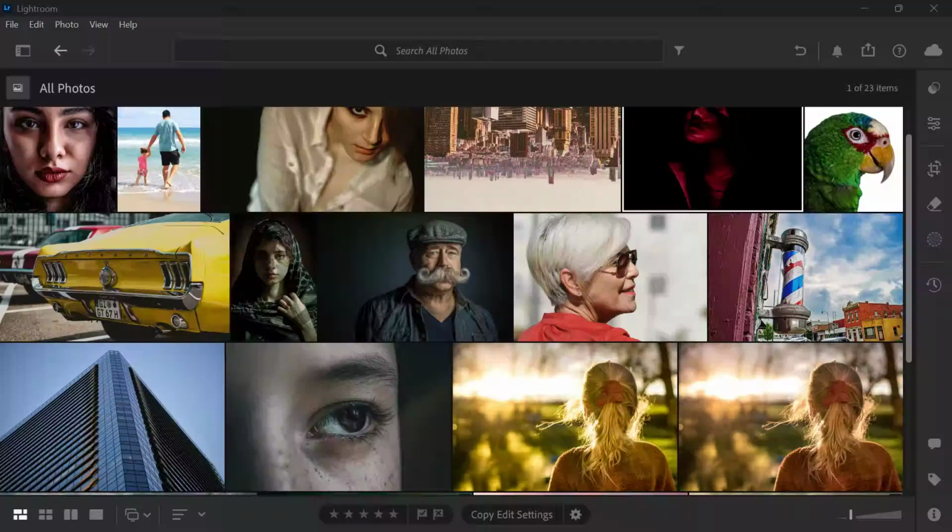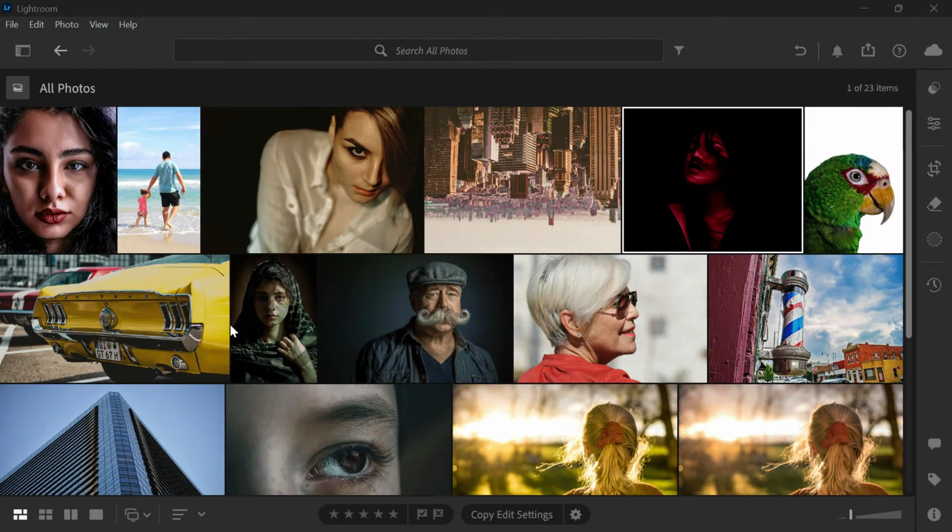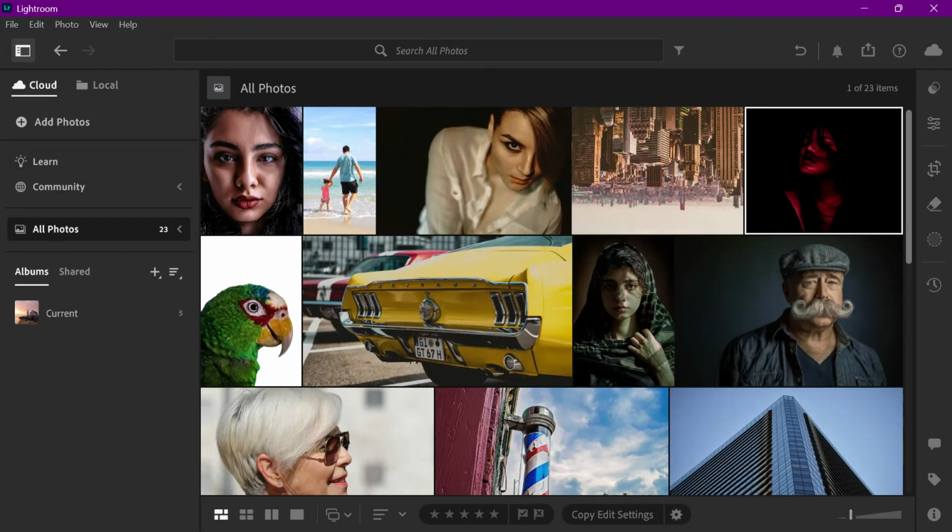If you want a fast, simple way to organize your photos in Lightroom Desktop, this tutorial is going to help a lot. In the next few minutes, I'll show you how to use keywords, flags, and star ratings the easy way, so you can sort, search, and rate your photos much faster. This is one of the best workflows for keeping your library clean and saving time later when you need to